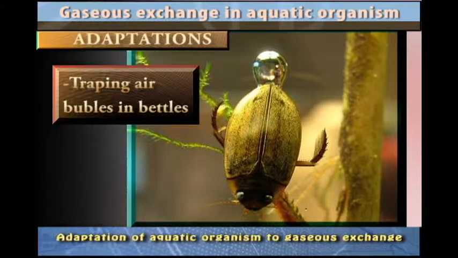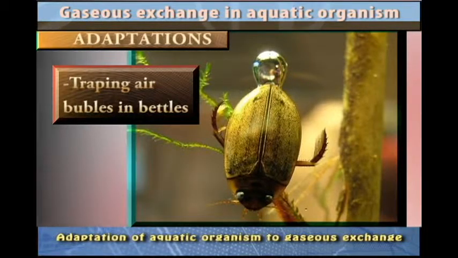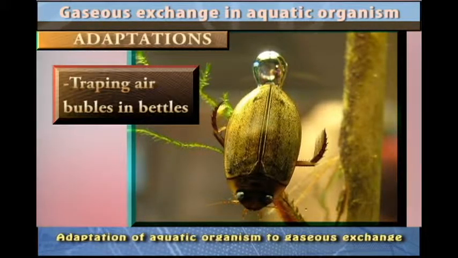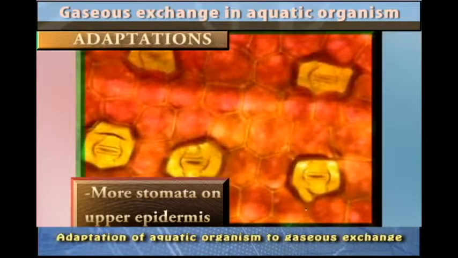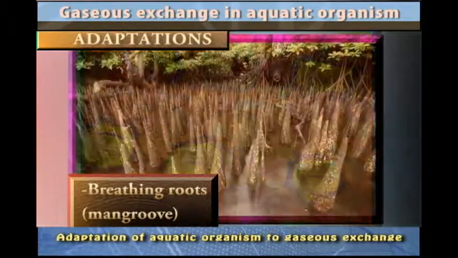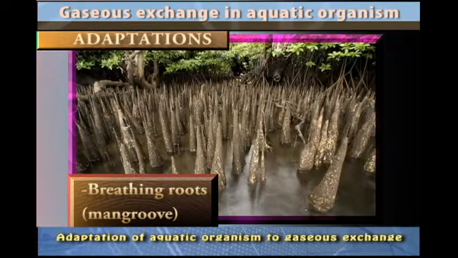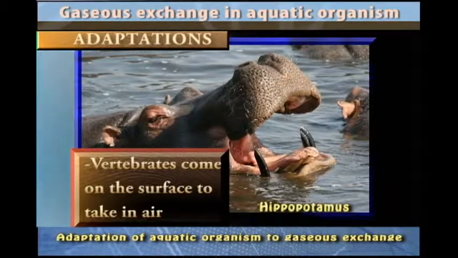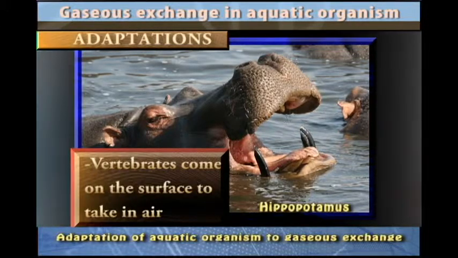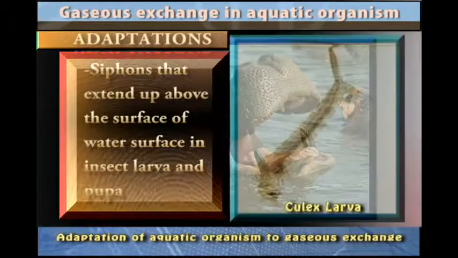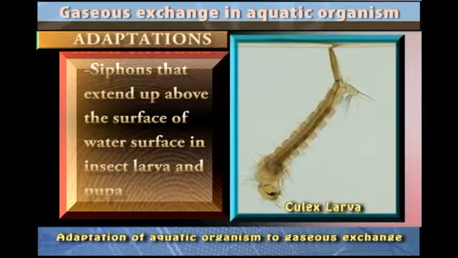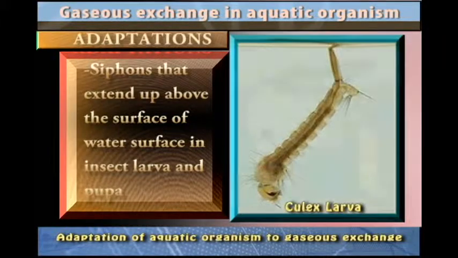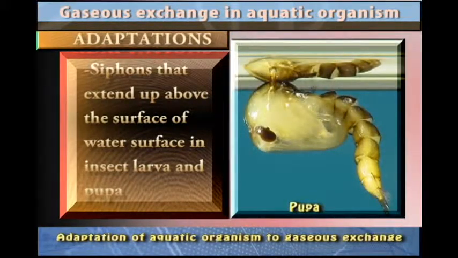So we are looking at the adaptations by aquatic organisms to gaseous exchange, and we have said that more stomata are on the upper surface than on the lower surface, and they breathe through breathing roots like the mangrove. We have looked at the vertebrates that come out on the surface periodically to take in air, and we have looked at the siphons that are extended above the level of the water surface